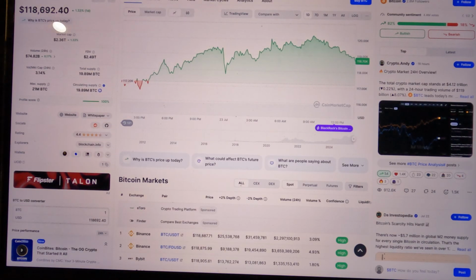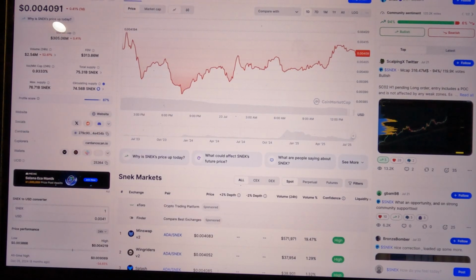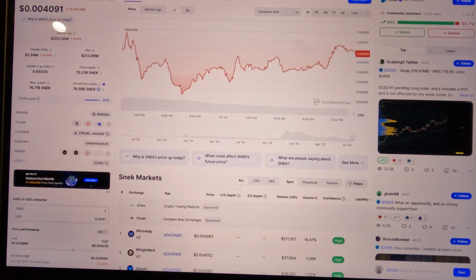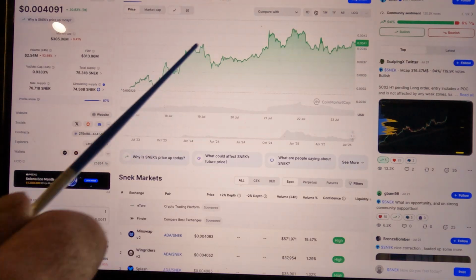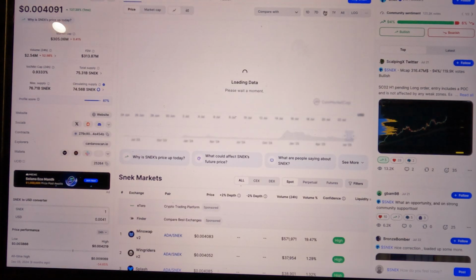Okay. For a comparison, Bitcoin is 2.36 trillion in market cap. So, you know, the millions is literally nothing in size comparison. SNEC, 305 million. So I made good money on SNEC. I really like SNEC. And the movement, see, the volume's down 52%, only to 2.5 mil. So when it was booming, when I made that little bit of coin on it, it was at 22 million, 22, 24,